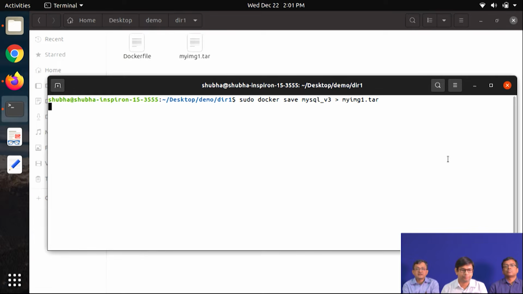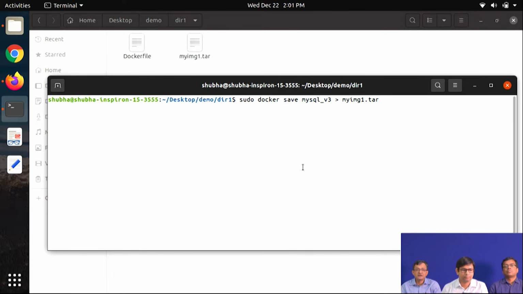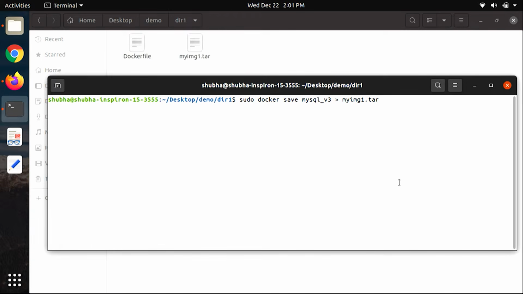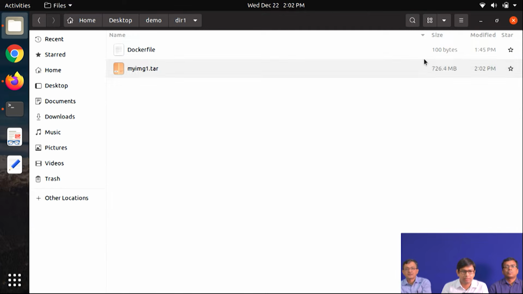So at the destination, as he is mentioning, we will be using this updated MySQL, updated in the sense with the changes: data loaded, tables created, etc. Whereas in the destination Windows system, phpMyAdmin will be downloaded from Docker Hub. We could have transferred that also from here, but as there is no change, using the latest from Docker Hub may be a good decision. Yeah, so it is completed.